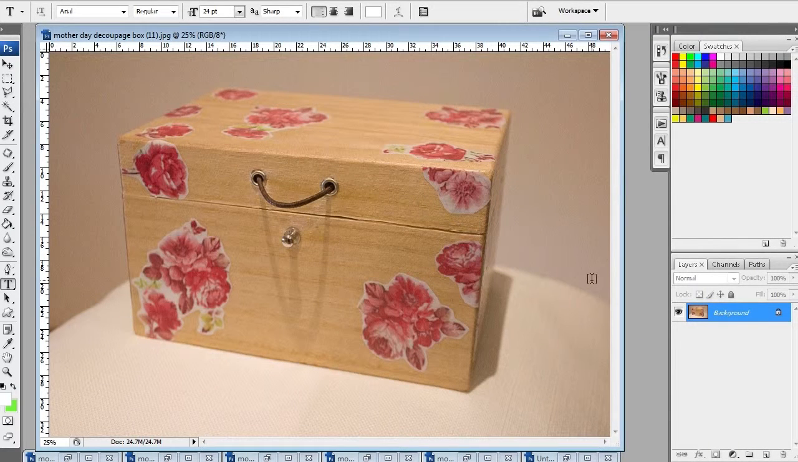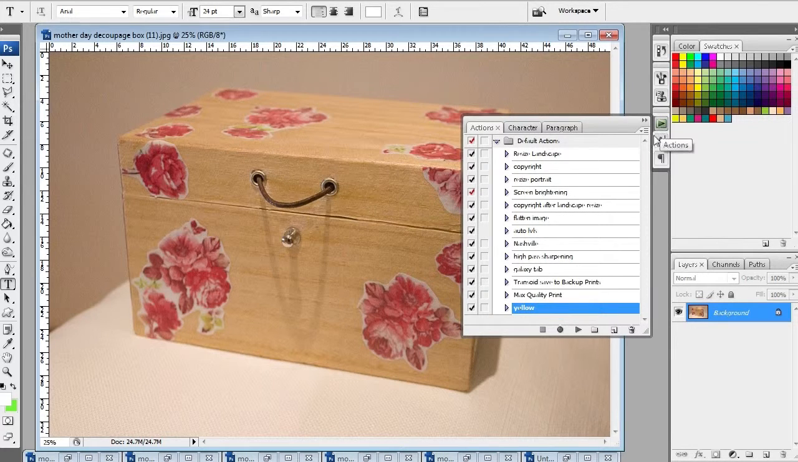In this tutorial I'm going to show you how to make a watermark for your photos and how to set it up so you can repeat it. So what we're going to do is have our picture open and go to the actions palette, which is this button right here. Go to actions, then we go over this one here,